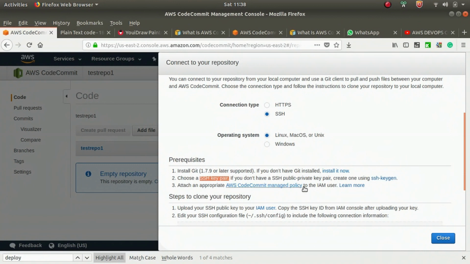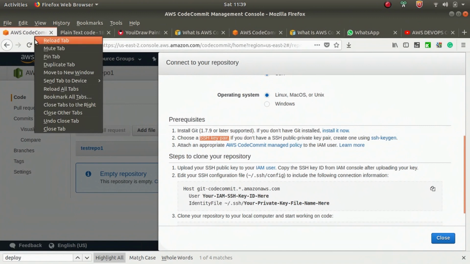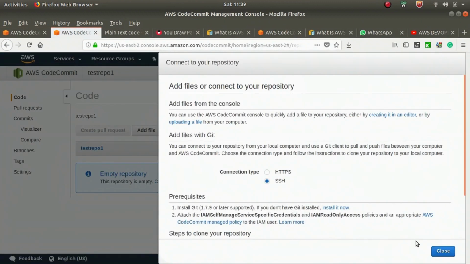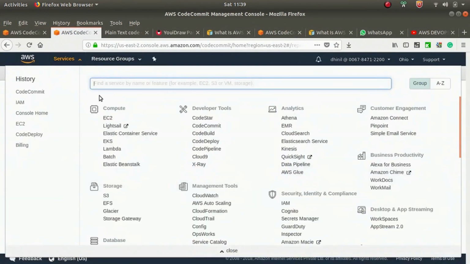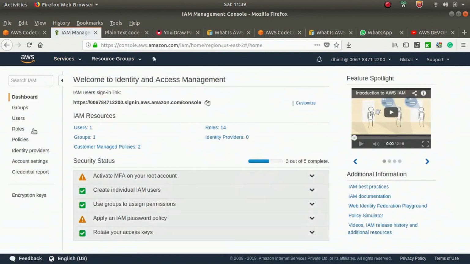Next, we need to attach this to the IAM, upload this key to the IAM user. That is step 2. So just right click and duplicate the tab, go to IAM, and then go to users,